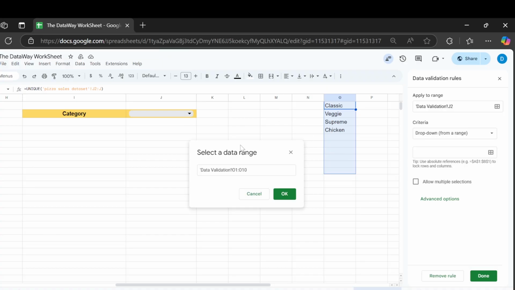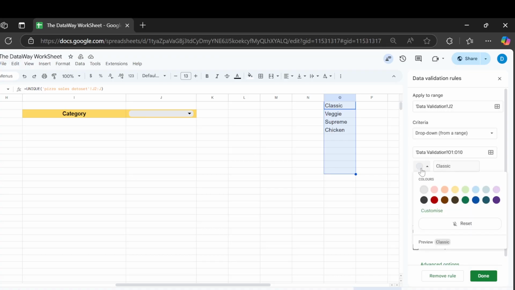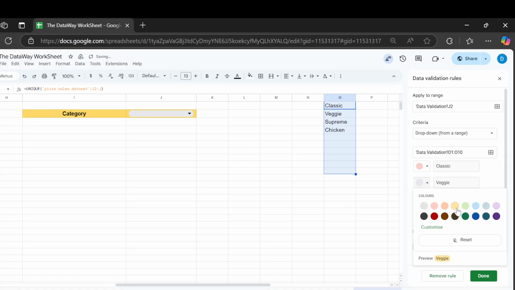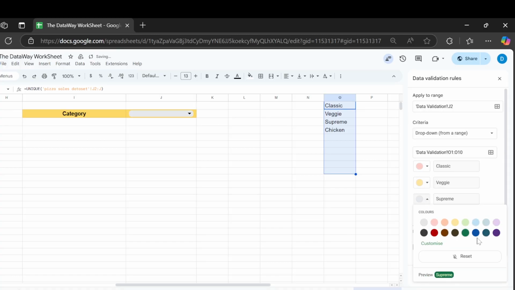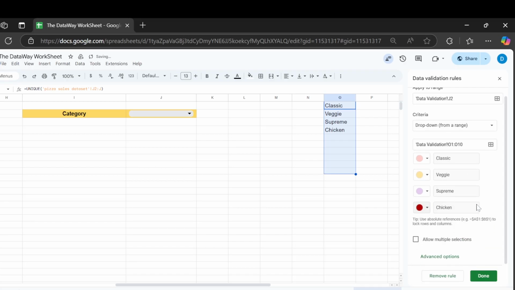Okay, I will show that once I create this, but let's just go with this for now. And you can see that all the 4 options are now populated over here. All right, you can see these boxes over here, so you can choose a color for everything, right? So I'm just going to randomly choose some nice colors. All right, so I have this ready, and before we get out of this, I just want to show the